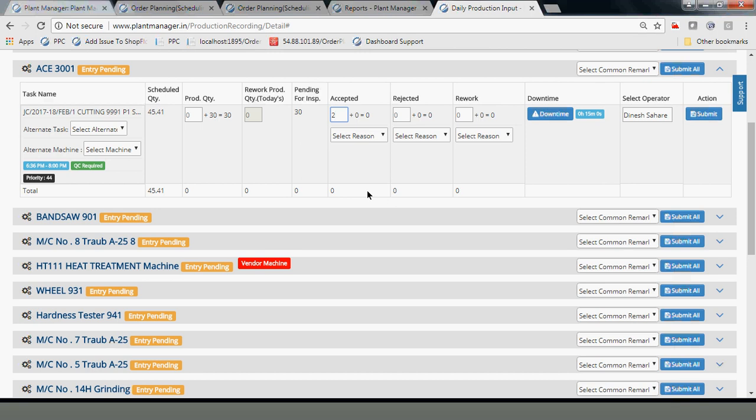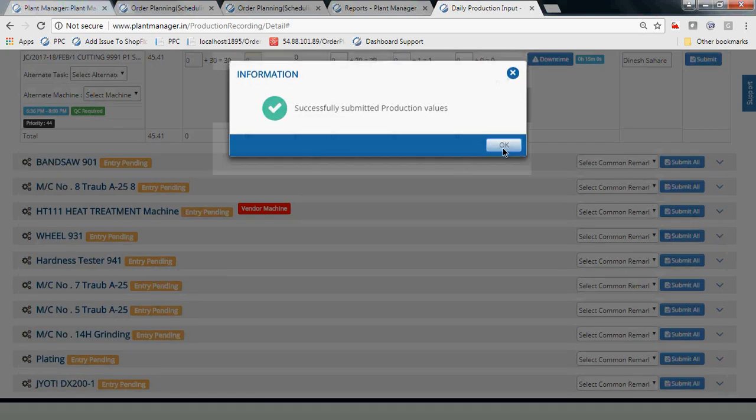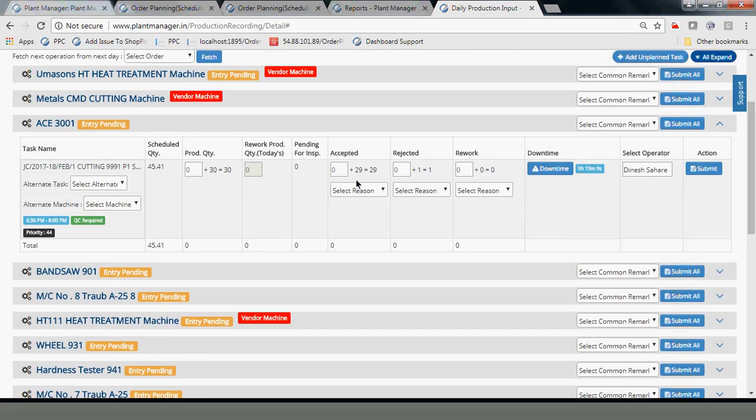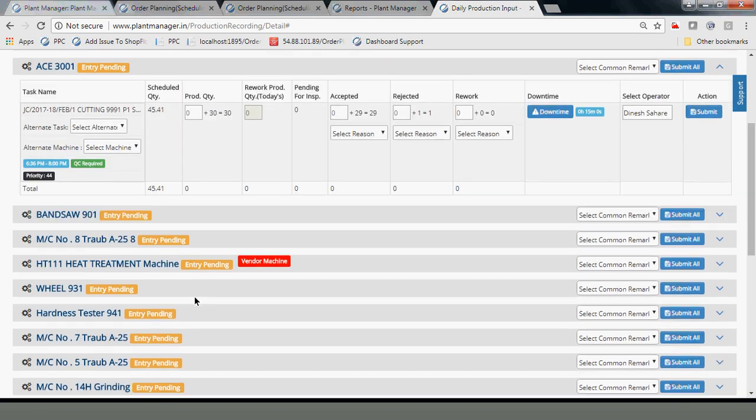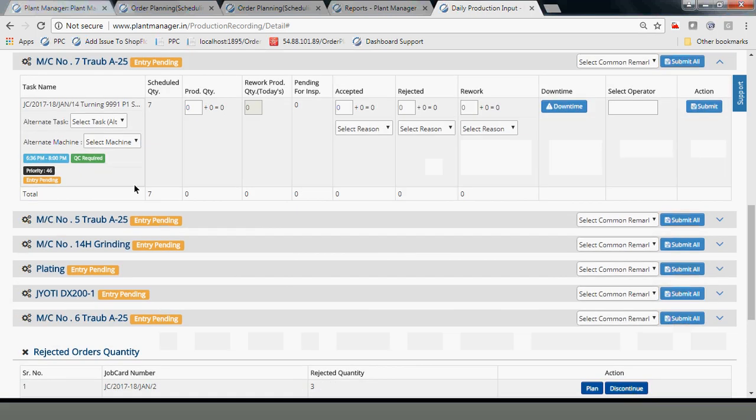Now suppose the quality inspector accepts 29 of these 30 and rejects 1 because there was some reason like ovality, and he just submits. So this 30 quantity is now carried forward to the next process. Typically this 30 quantity is not qualified, but 29 is qualified for the next process, which is my bandsaw, which is my turning process. So if I can see here,